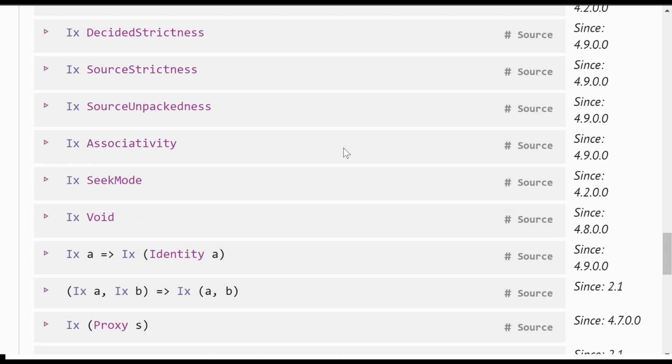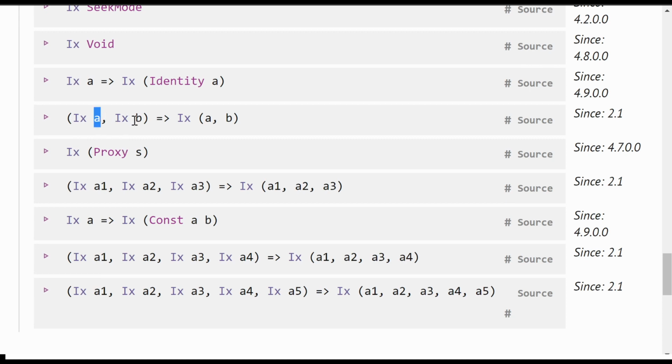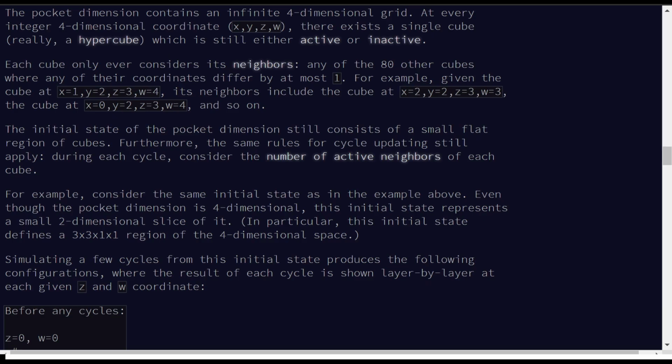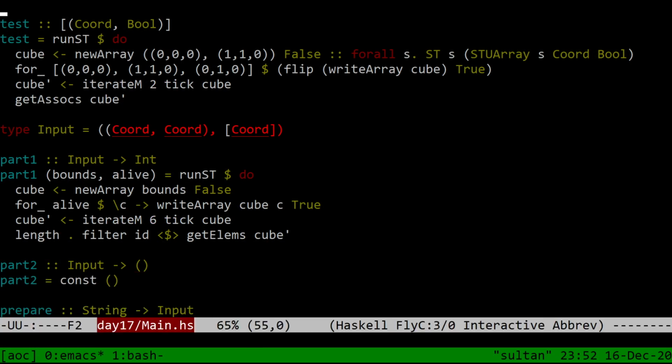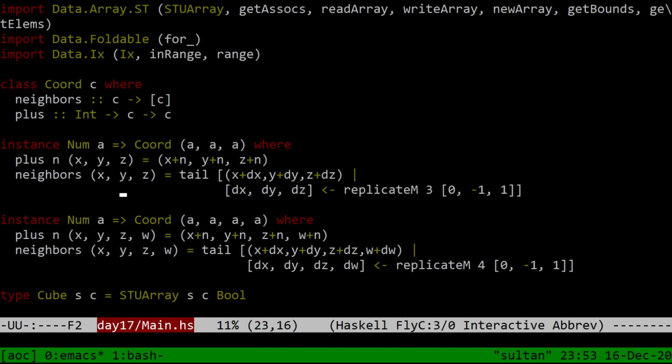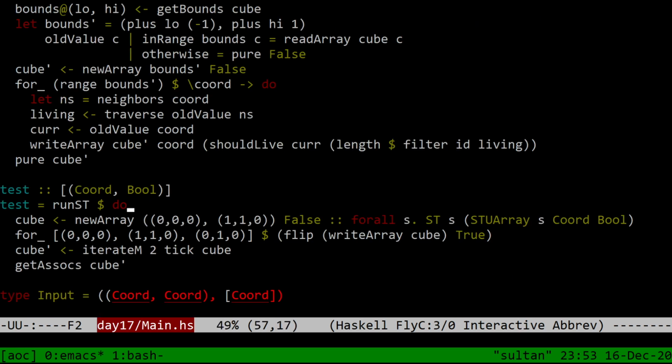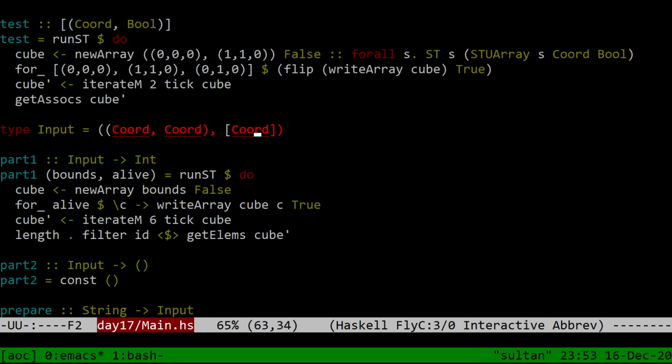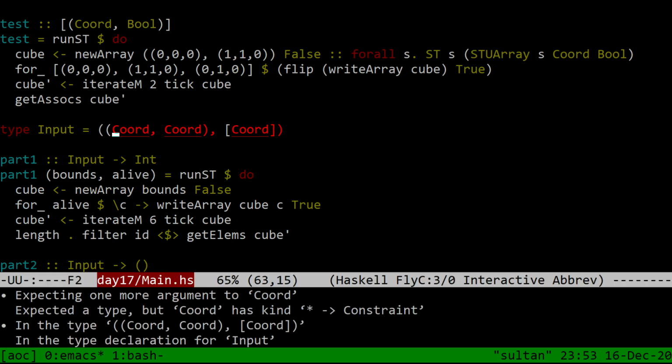Question about indexes for int. Yeah. So if a and b are indexable, then a tuple of a and b is also indexable. So we could just say it's a tuple of a 3-tuple and an int, and that would be indexable. But it would not currently be a valid coordinate here. We could change our instance to take a 3-tuple of a tupled with another a, but that just seems gross. So I think what I'll have my input be is, gosh,